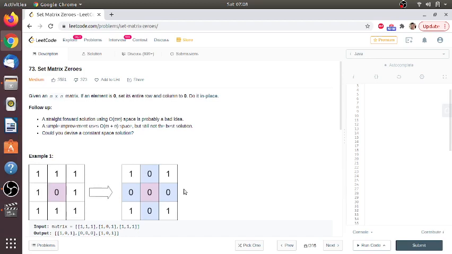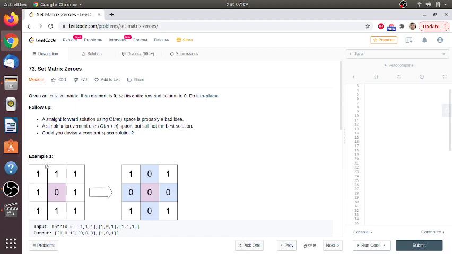If that matrix were large, then the whole row and the complete column would have been 0. One of the solutions which comes to my mind is to create one 2D array, and then you can keep a boolean array, and whenever you find 0, keep that row true, and then you traverse through and make them 0 wherever the boolean array is true.